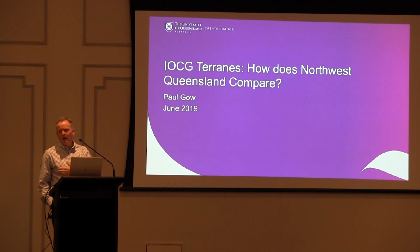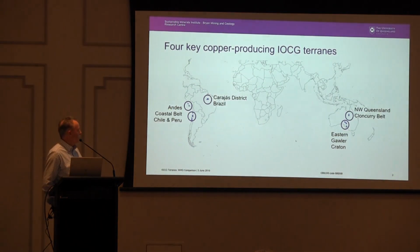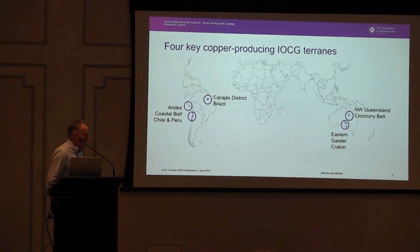And with time, those discussions of different models have waxed and waned, and they have included everything. In the early days, I think people were starting to compare IOCGs with magnetite-rich porphyries and with skarns and with the African copper belt and Mount Isa and mantos, and it's been a bit of a convoluted story throughout the years. But I think it's good to have a look at some of those models. Now, when you look at